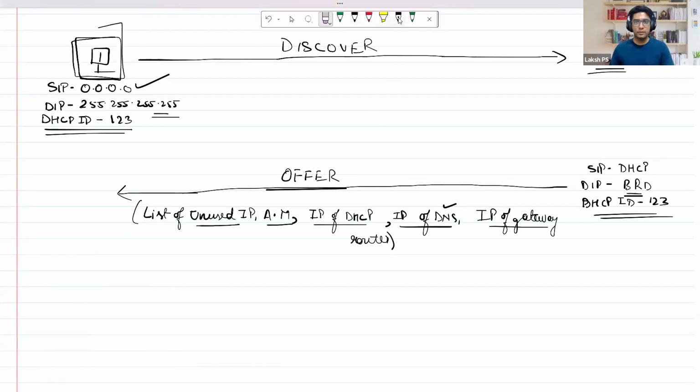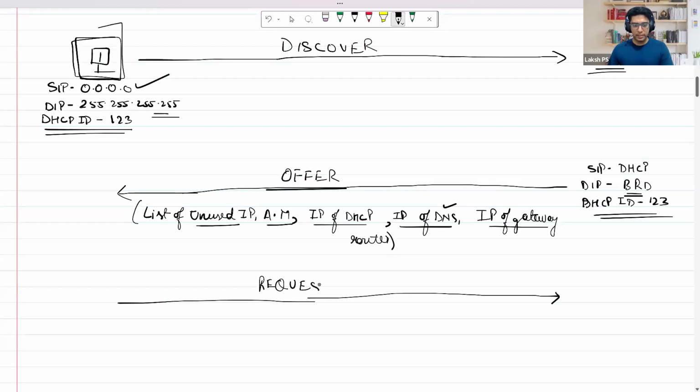Okay, so over here, in the offer message, the DHCP server has given a list of IP addresses to choose from. Now let's say the PC chose one of the IP addresses. When it chooses the IP address, it will send a request message. And what is the content of the request message? It will say that I'm using this IP address, the chosen IP address,